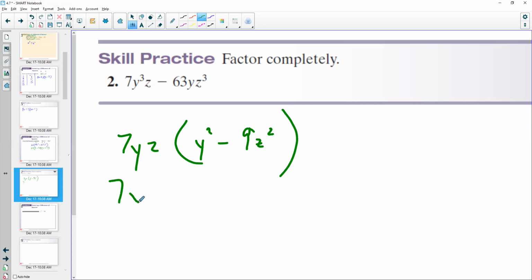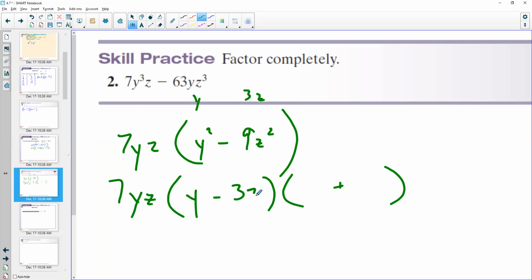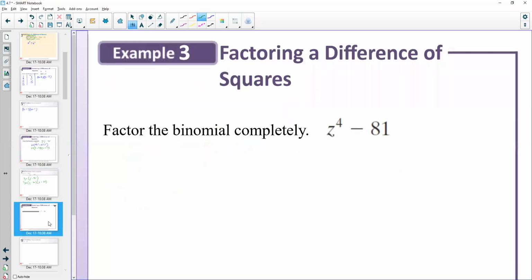So now I have, because there's a difference in there, a subtraction, I have a difference of squares. The base here is just y. The base here is 3z, so that's what I'm going to use. So I have y minus 3z, y plus 3z. Remember, at any point that you need to, you can stop these and rewatch. You can pause and think for a minute. All right, so